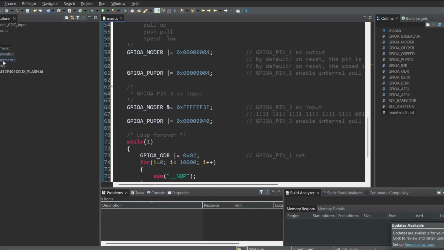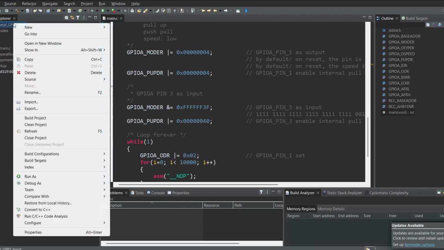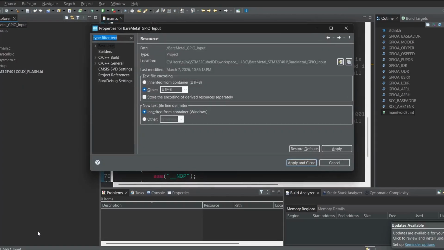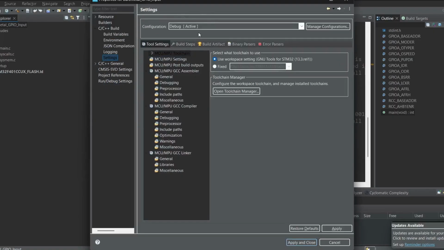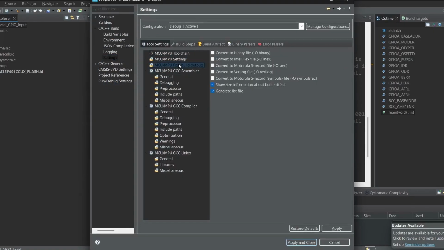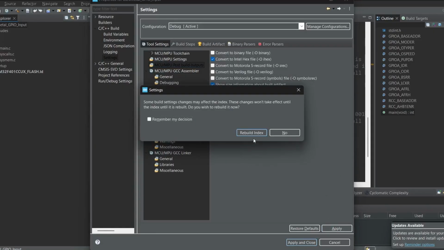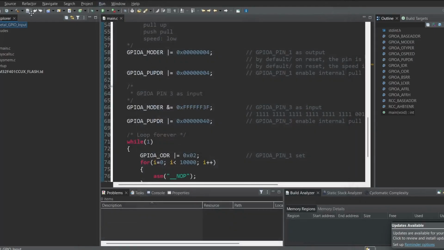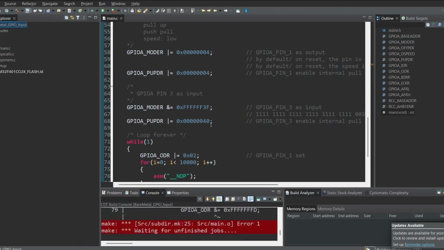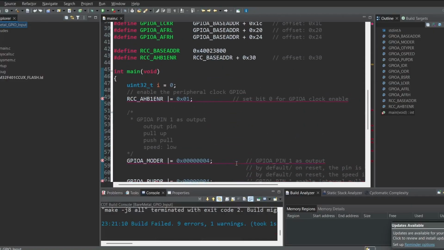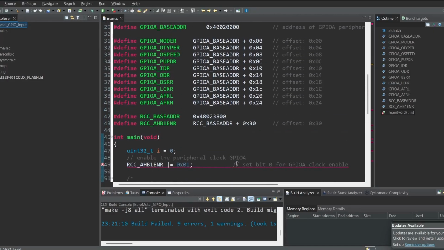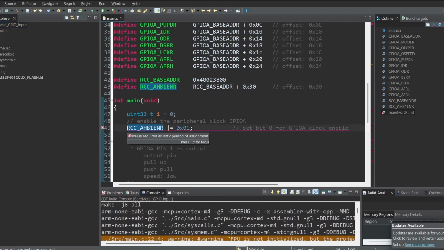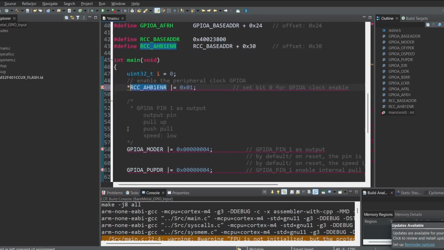So first thing we'll check, we'll compile our code and check whether the pin is configured as a GPIO output or not. Go in the settings, then post build output, click on build hex file, and apply and close. Now build this. Okay, so it is giving an error. We'll be making this a pointer,